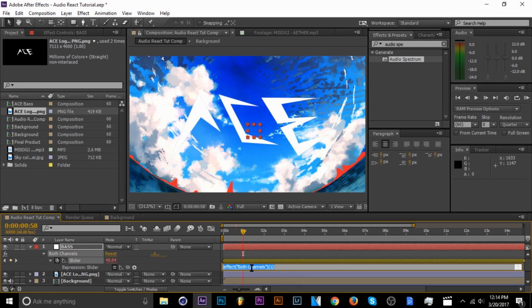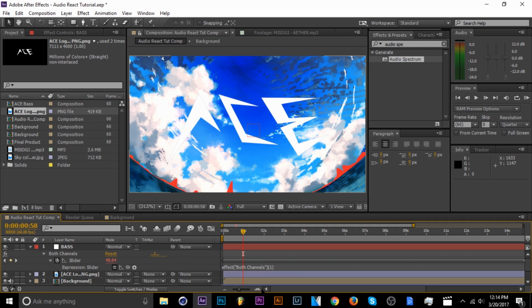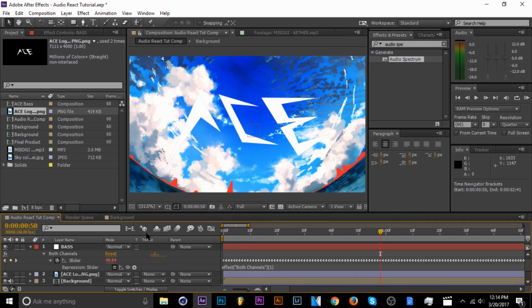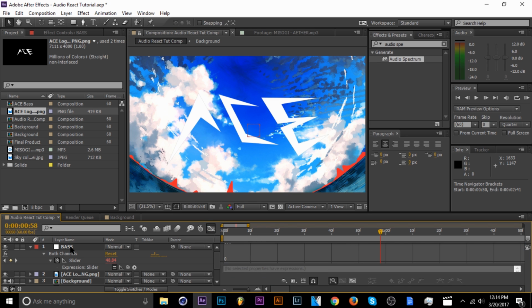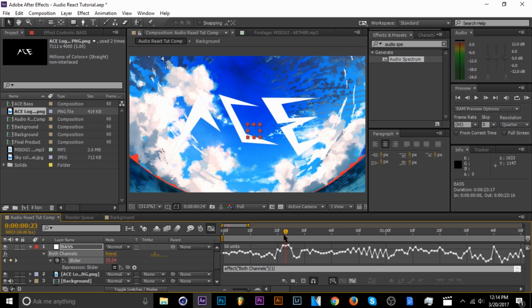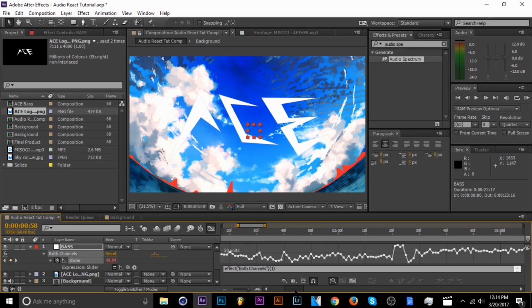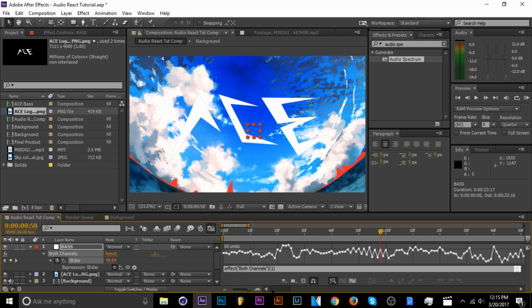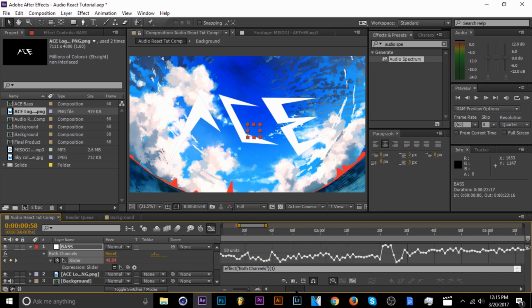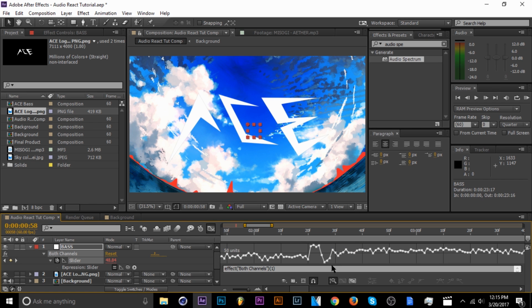So in order to do that, you're going to want to hold Alt and click on the stopwatch, and then, nope, hold on. Before you do that, let's zoom in. And then change to the graph editor. Okay. So now you see all these little values, and these high peaks and low valleys are going to be bass hits. So what you're going to do is find a spot that has a decent